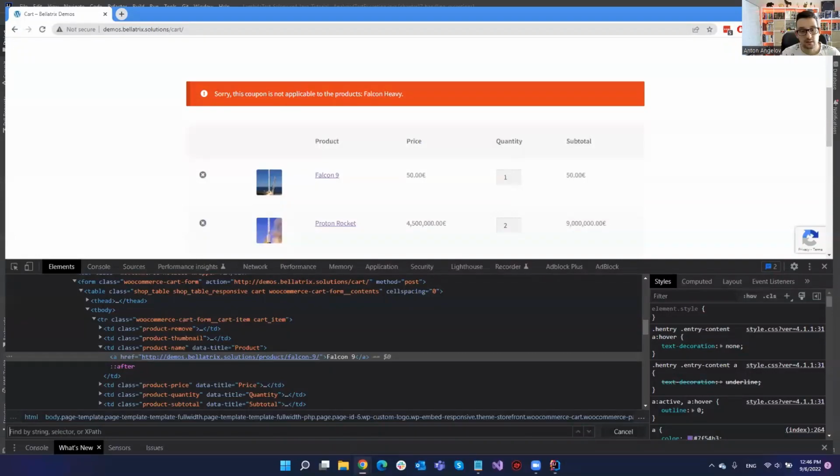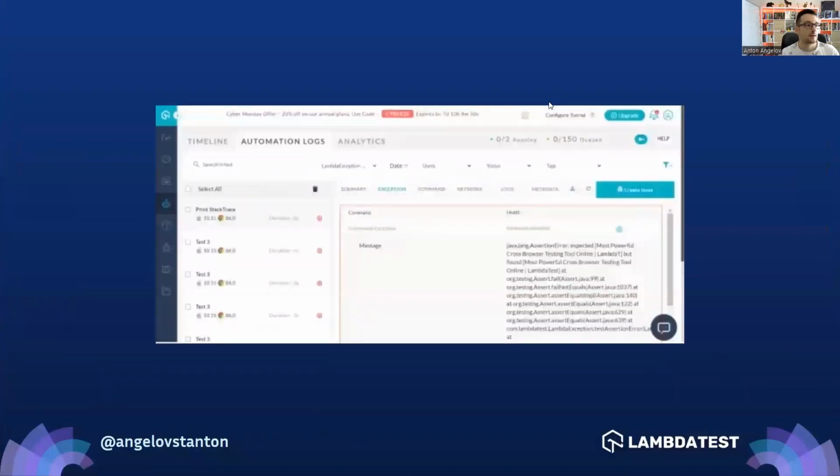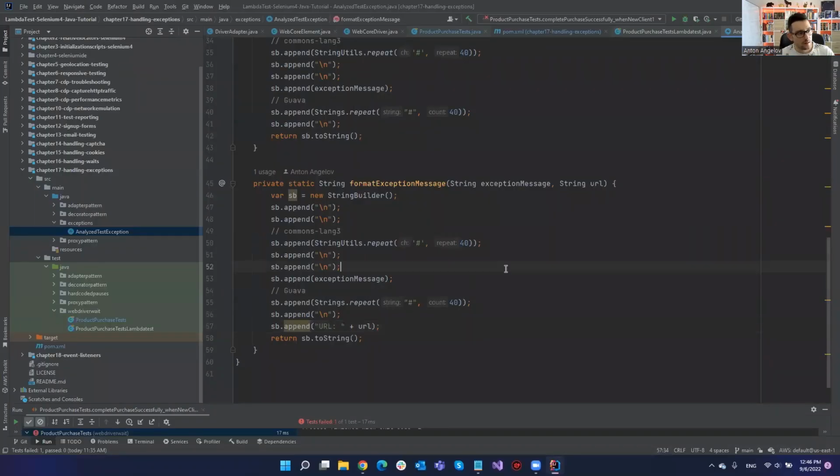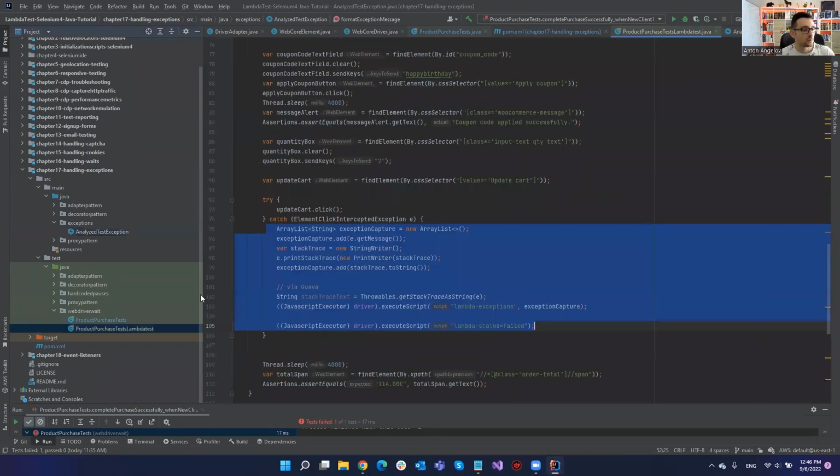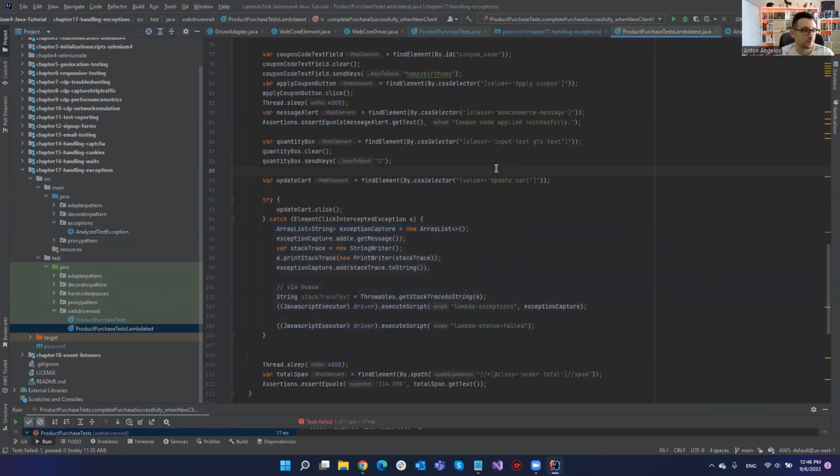Then the next thing that I wanted to show you in the presentation is actually when you execute your tests in Lambda test, usually you need to take care yourself to supply what was the exception and the reason for failure, and you need to mark your tests whether they failed or not, if they haven't timeout. So I wanted to show you how you can do that in some of the many videos that we recorded. I think somewhere I showed you, but it's part of this topic, so I wanted just to